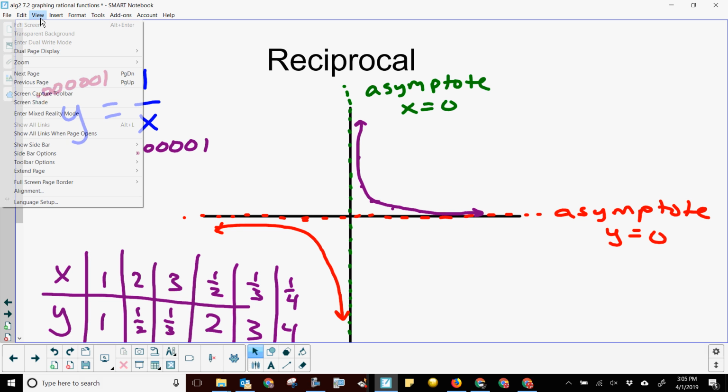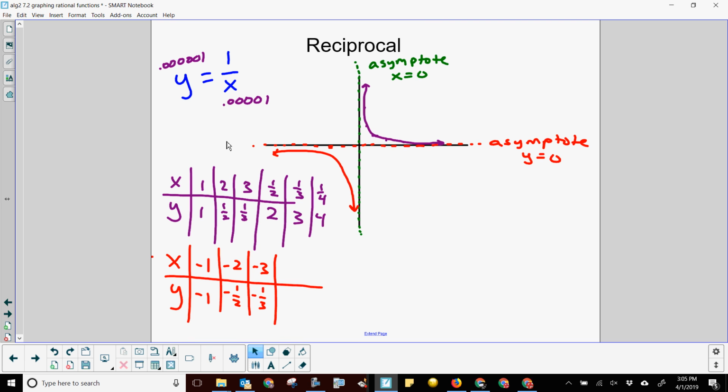Let me do this entire page. We are learning about a new graph called the reciprocal graph. Y equals 1 over x. And the biggest thing is,